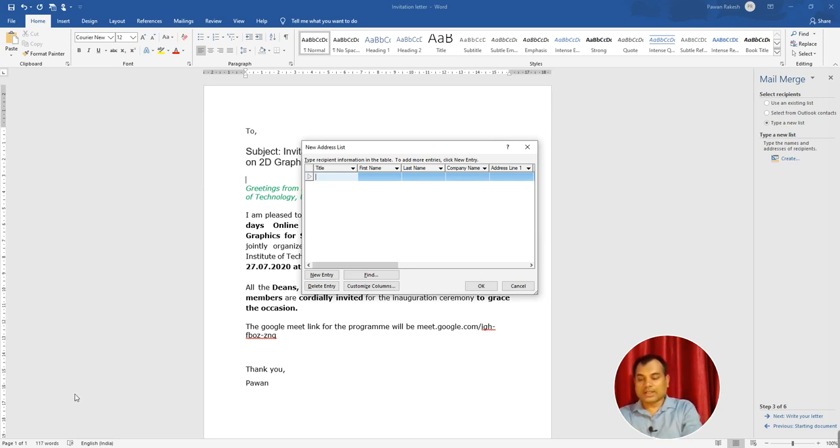Suppose I want to write the name here: Dr. First name is Pavan, last name is Rakesh, company name is NIT UK, address is Srinagar, address line 2 I leave blank, then city is Srinagar, state is Uttarakhand, zip code is 246174.